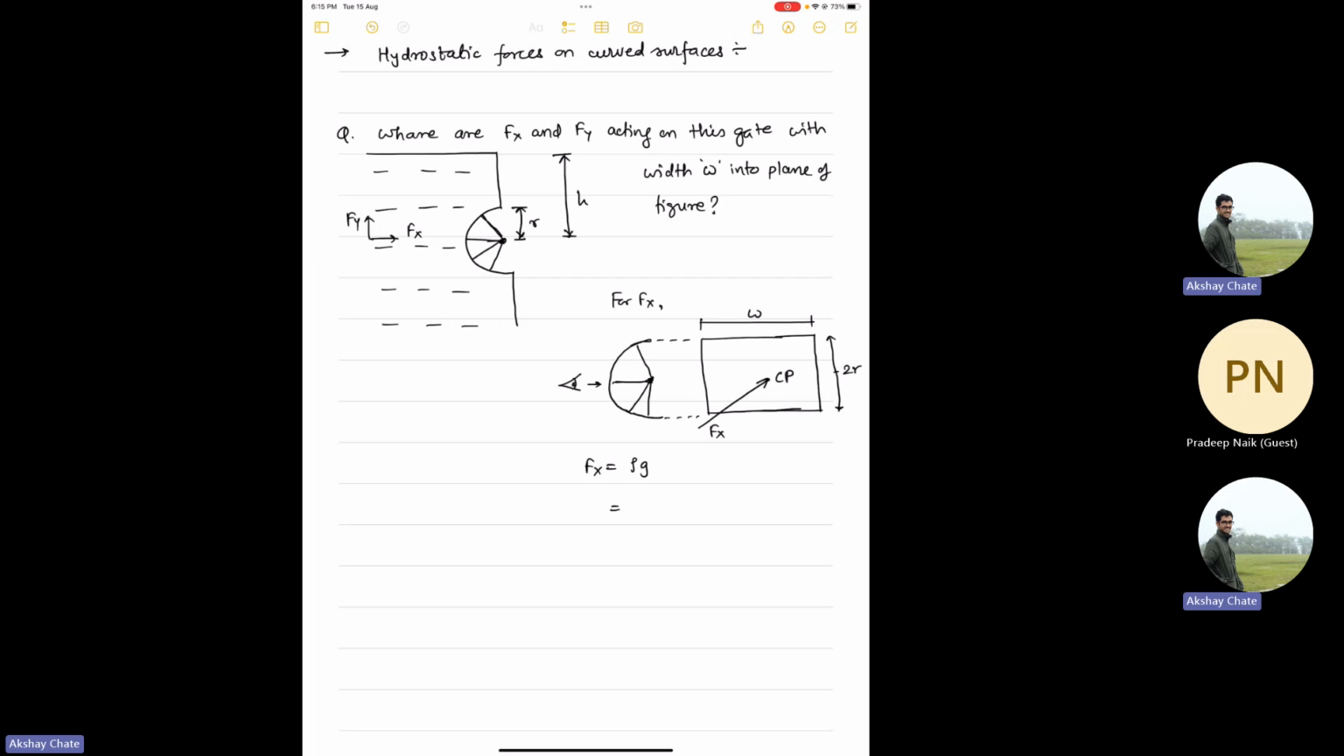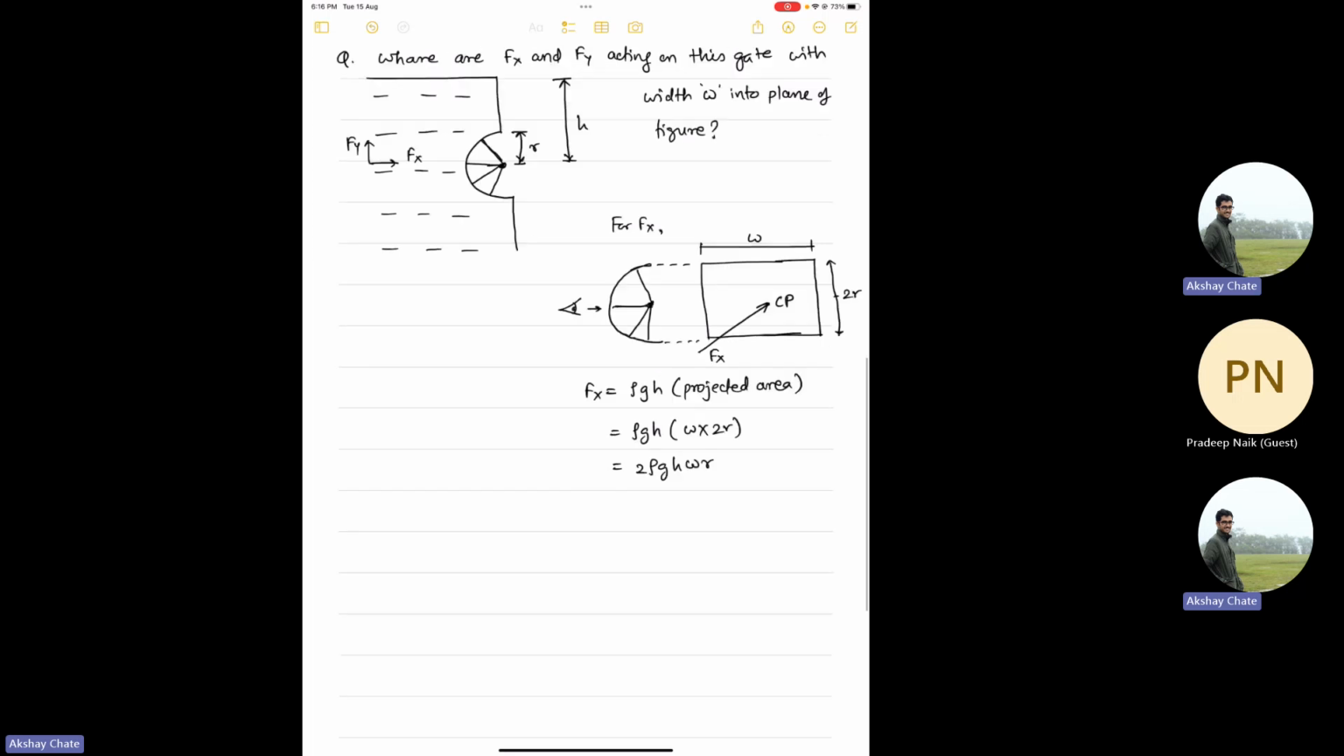So this horizontal force will be rho g h, where h is the distance from the top surface of the liquid to the projected area. So that will be rho g h into W into 2R. So the answer is 2 rho g h W R. This is your Fx, and it will act through